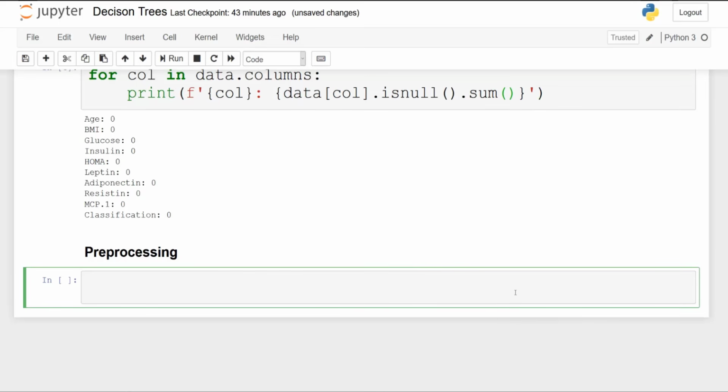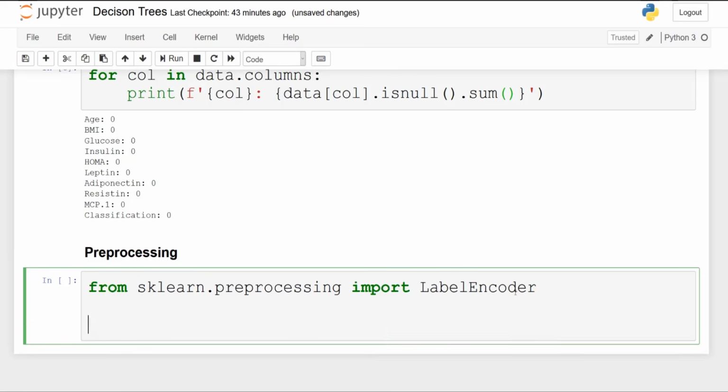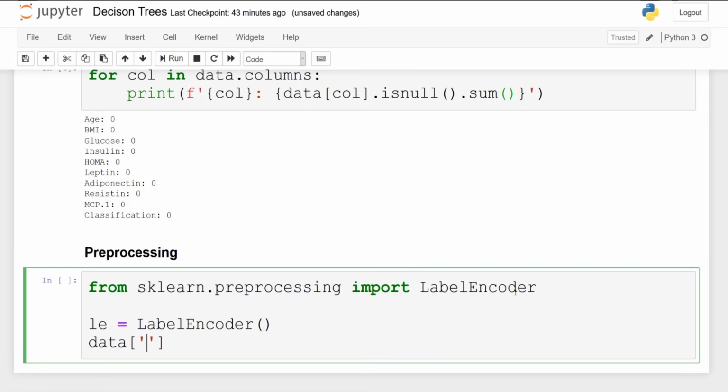First, I would like to do some label encoding on the target variable so that we bring it to 1 or 0. So from sklearn.preprocessing import LabelEncoder, we will initialize the label encoder, and then we will fit_transform that on the column classification.